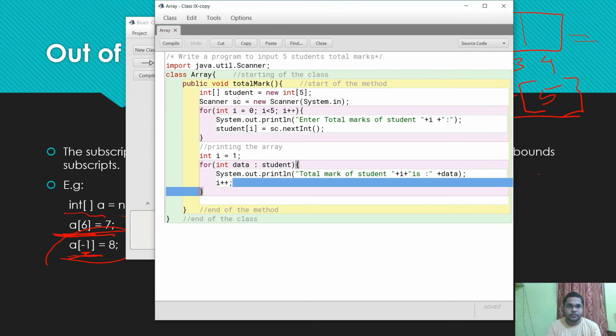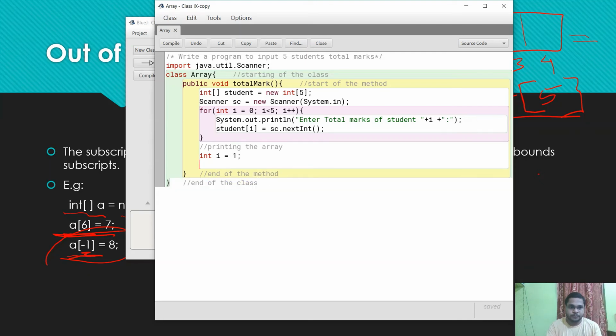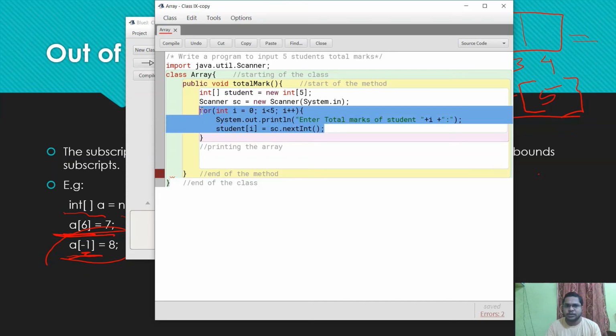Here, this is the array. The size of the array is 5, that is my student array, and it inputs 5 marks.